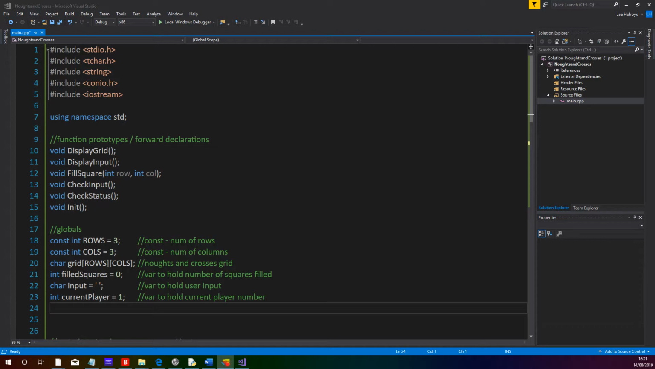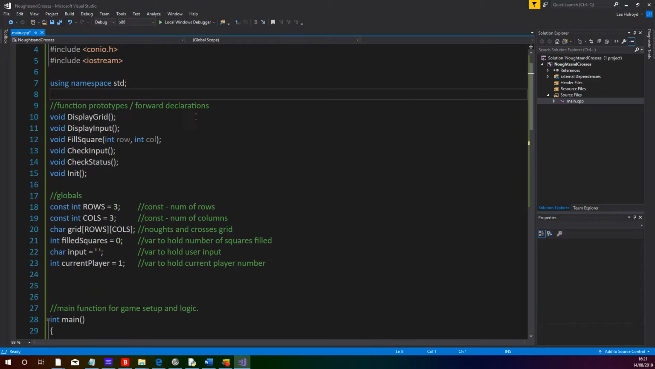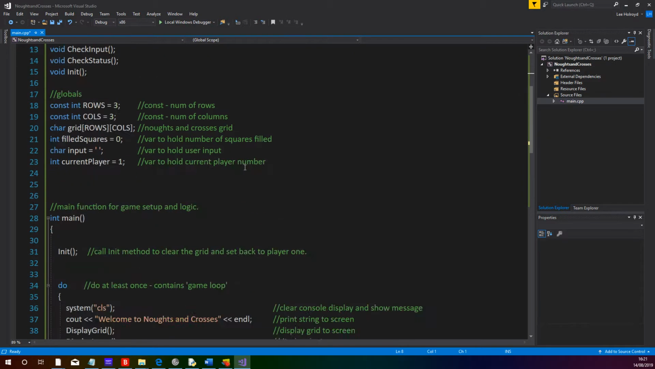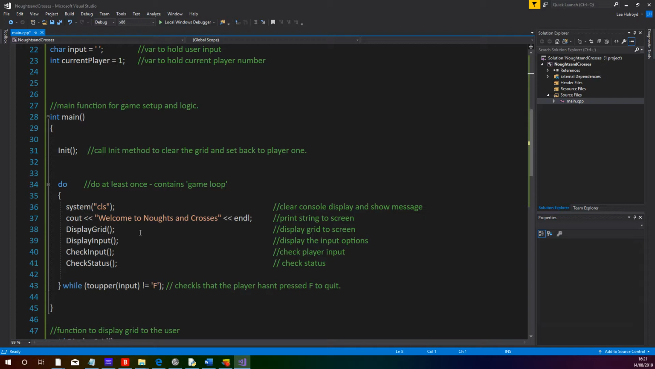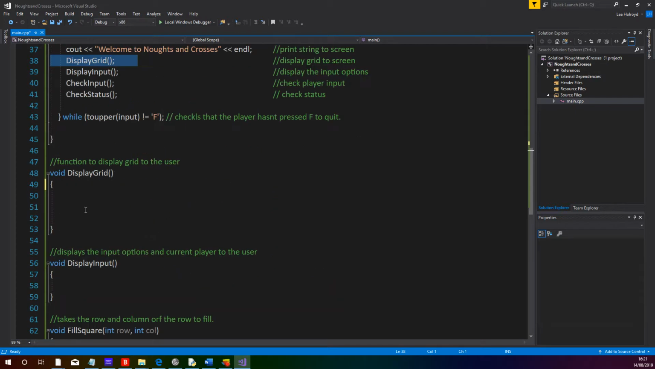Welcome to the next video in the series looking at building noughts and crosses in C++. So far we've added our include files, some function prototypes, some globals, and then we've set up our main game loop. So this video is going to be very short and it's just going to focus on the DisplayGrid function itself. Okay, so we go down to DisplayGrid and then just put a comment saying